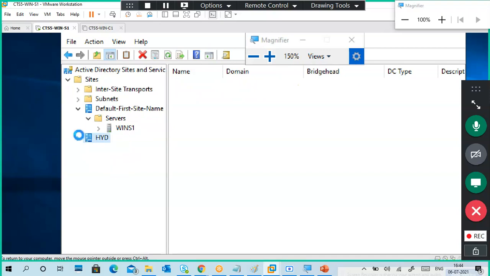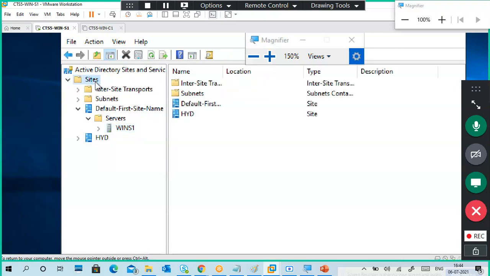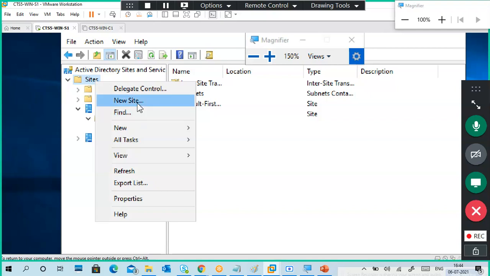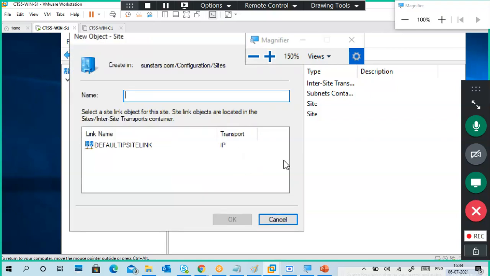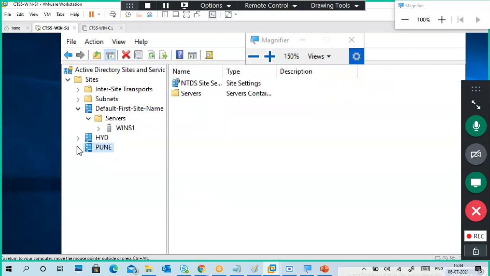I can take this server and keep it in the Hyderabad site also. So I'll take this one and put it in the Hyderabad site. Like this, I can create a number of sites as per my requirement, like a Pune site. They all work with a single IP network type.